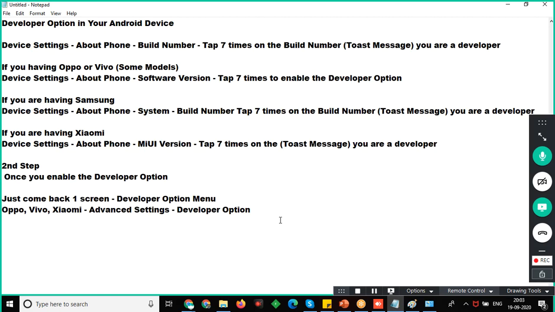Now, once you found the developer option, just open the developer option. I'll just mention it as 3.1 from here. 3.1. There will be an option called stay awake,